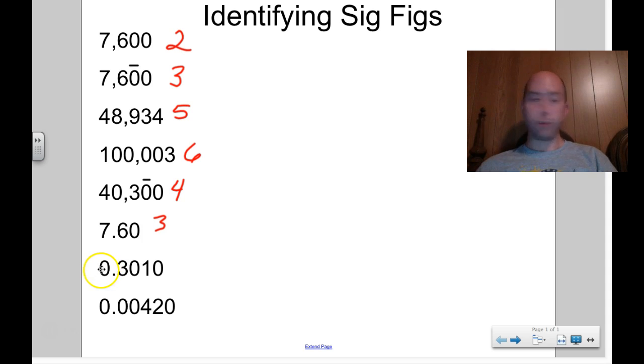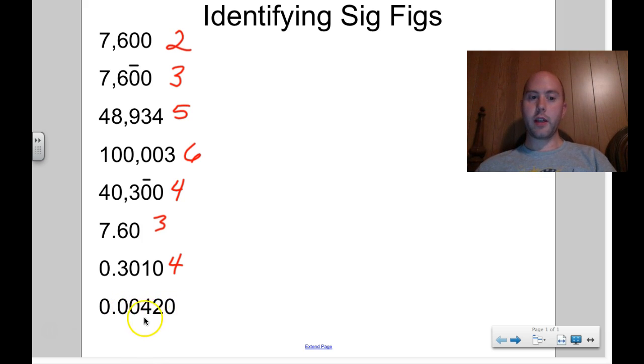This 0, there's no bar over it. It's not in between sig figs, and it's on the left-hand side, so that does not count. So in this one, there's only 1, 2, 3, 4 sig figs. Last one,